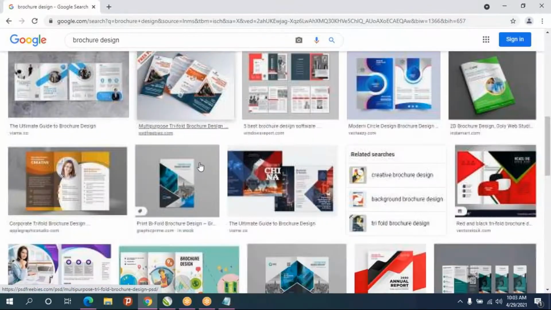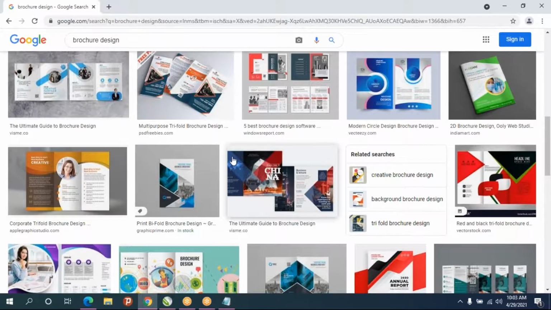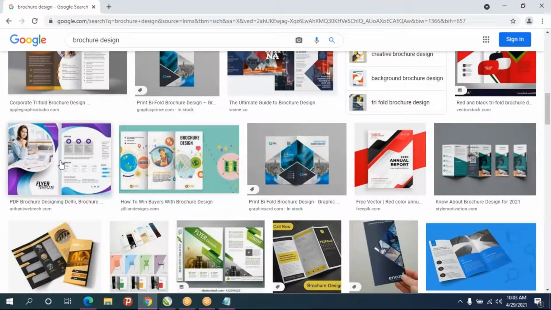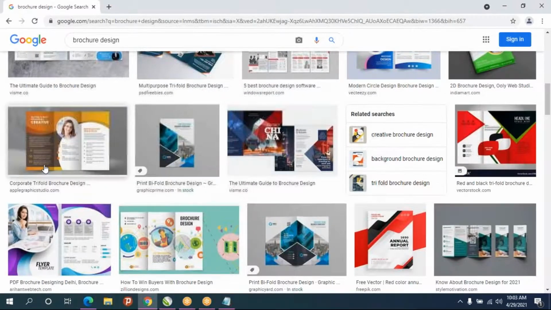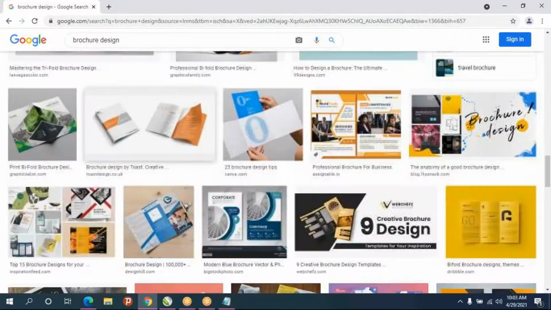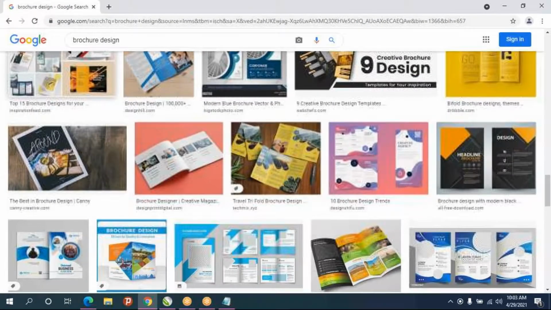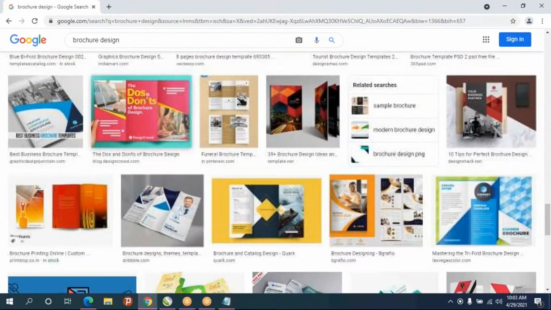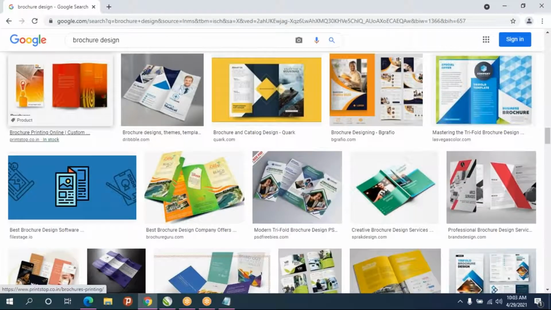Choose a topic, based on the topic you have to create everything. Some brochures will be very simple, some brochures will be more creative. So you can see lots of brochure designs on the internet.